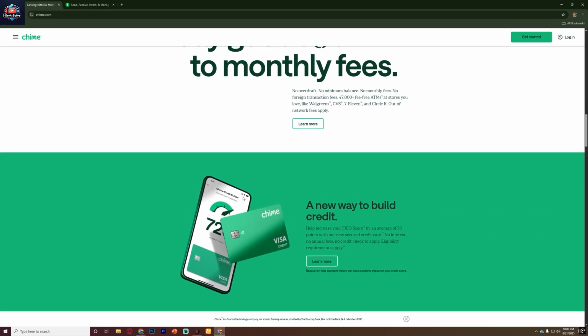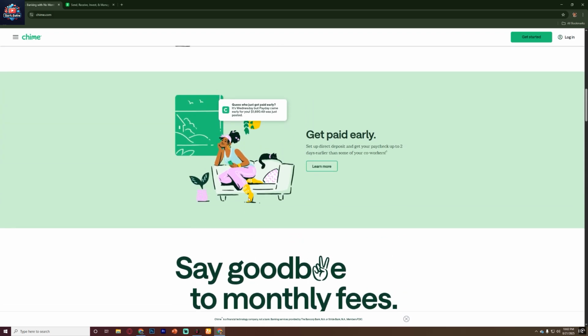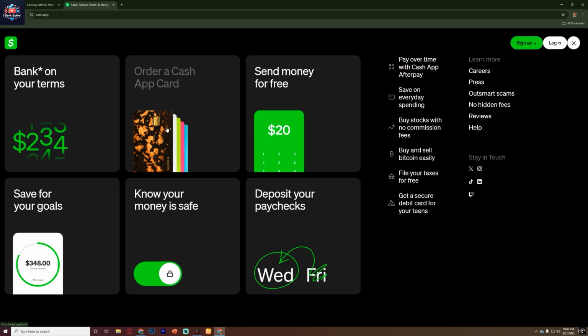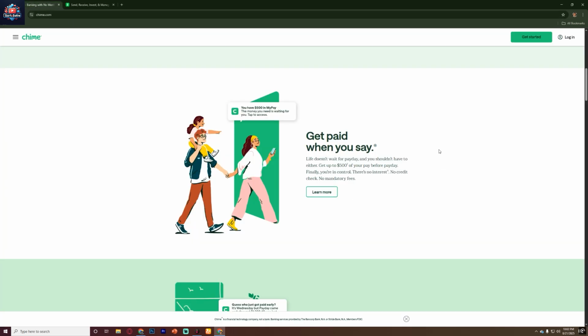Now, open your Chime app and log in. On the home screen, tap Move Money or Transfer Funds. From there, select the option to transfer money to an external bank. Enter the Cash App linked account information you already set up, choose the amount you want to send, and confirm the transfer. If you're using the Chime debit card with Cash App, you can also add money instantly by selecting